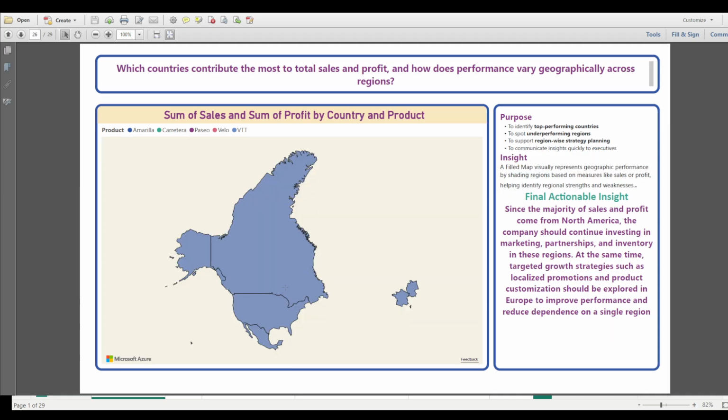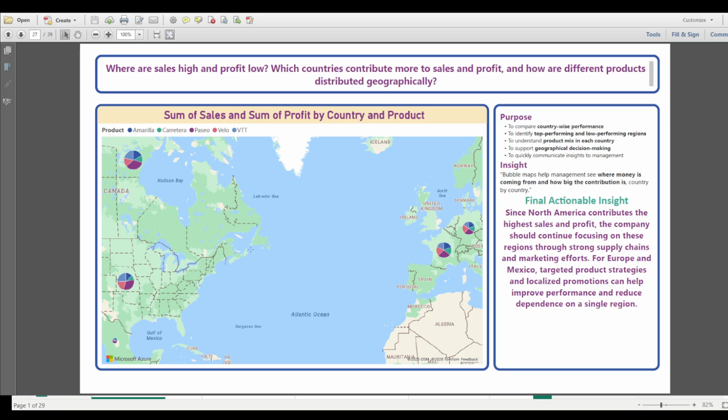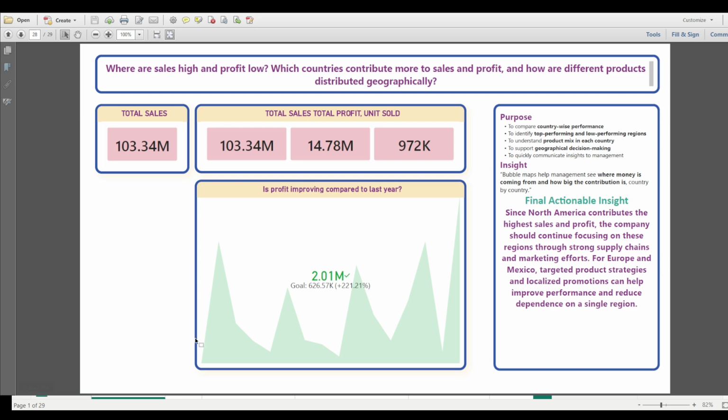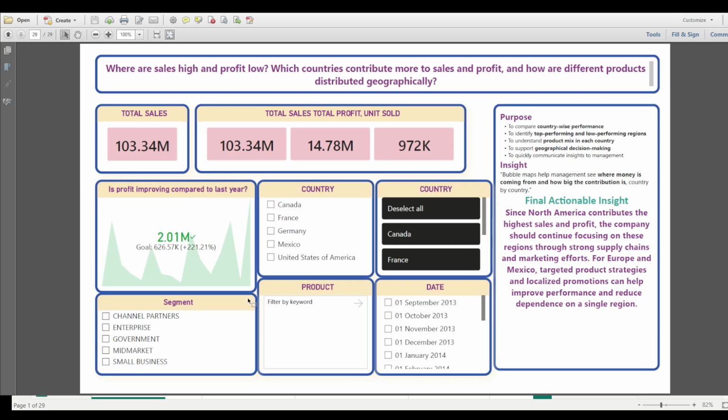This is a map visual which you can make. This is also a map visual wherein each and every bubble is further divided into products. So this is one of the visuals. These are the various types of KPIs here. This is the KPI wherein you can give the trend also. So see how much we learned. We have already learned a lot of things.